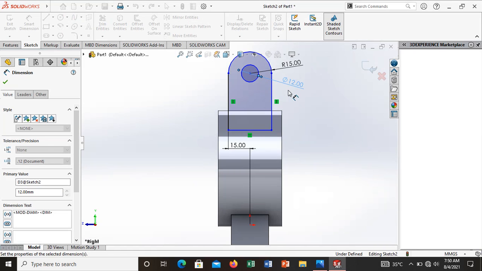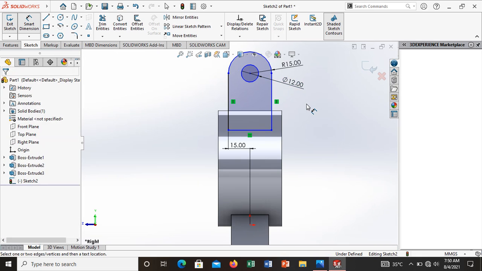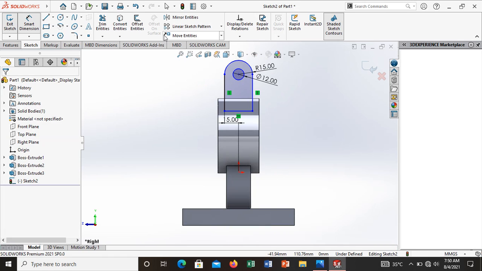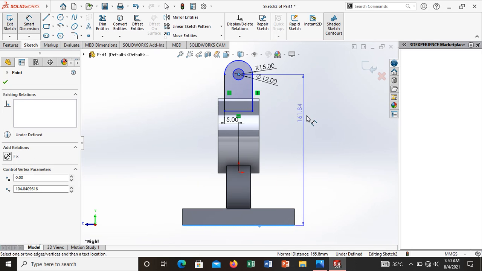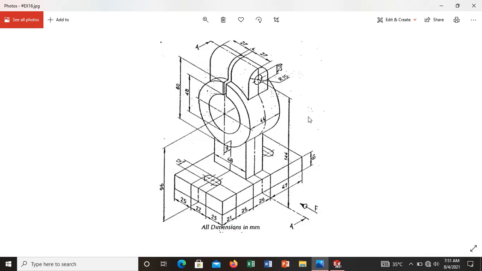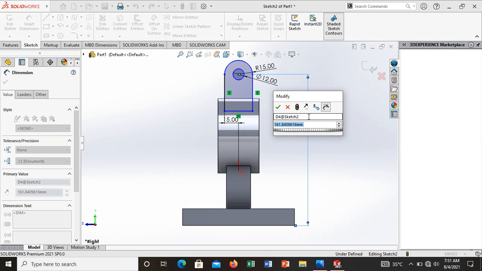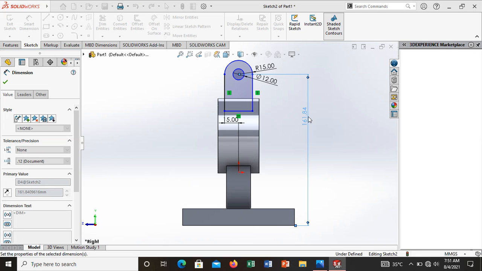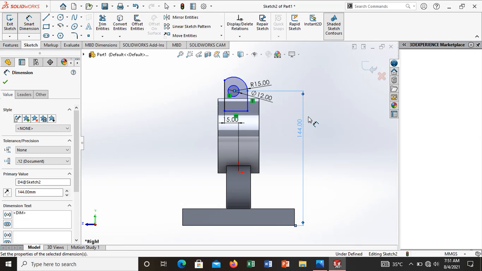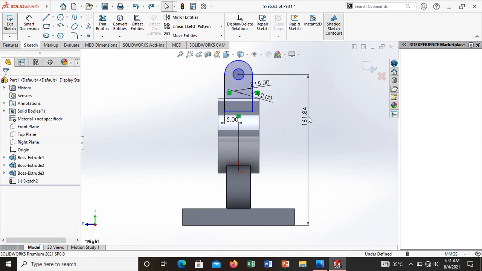Now I have to place the center position from the bottom to top dimensions. Okay, here the center position is 144. They have given 144. Yeah, I placed it.